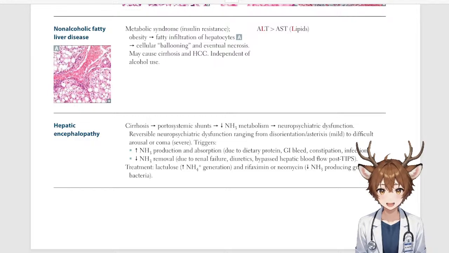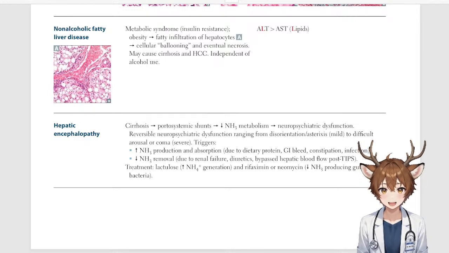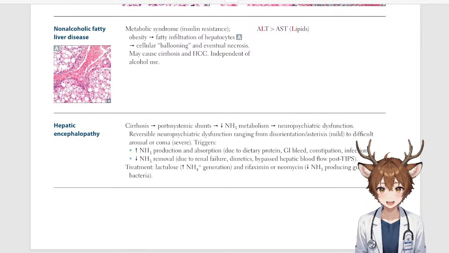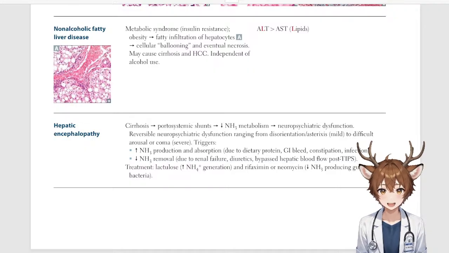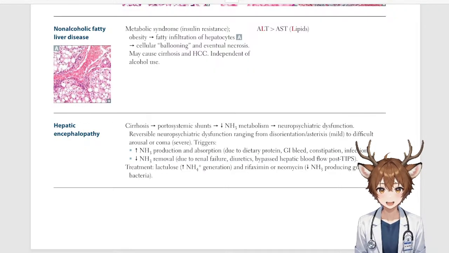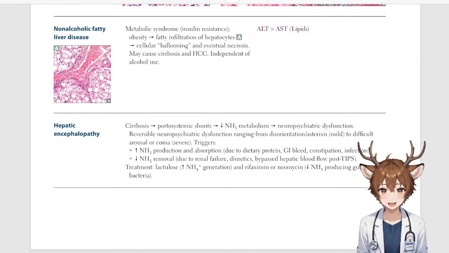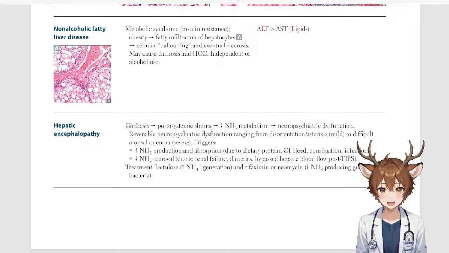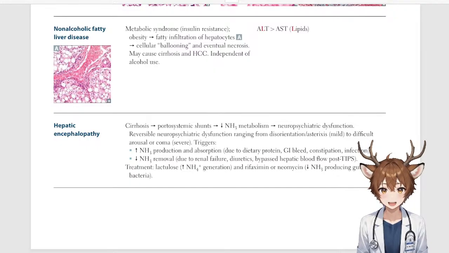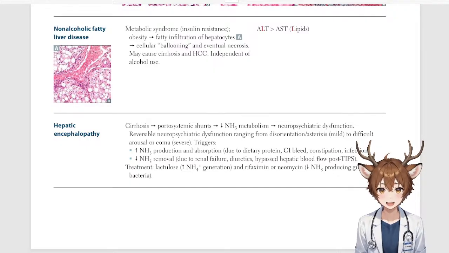Now what about hepatic encephalopathy? Cirrhosis leading to portosystemic shunts, leading to a decrease in ammonia metabolism, leading to a neuropsychiatric dysfunction which is reversible, ranging from disorientation and asterixis to difficult arousal or coma. Not fun. Triggers include increased ammonia production and absorption due to the GI bleed, constipation, or infection, or a decreased